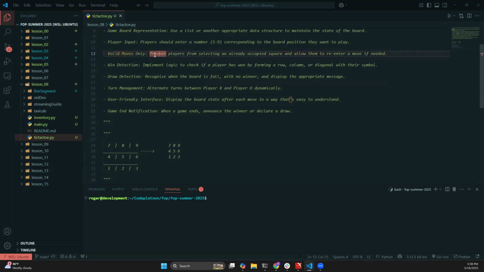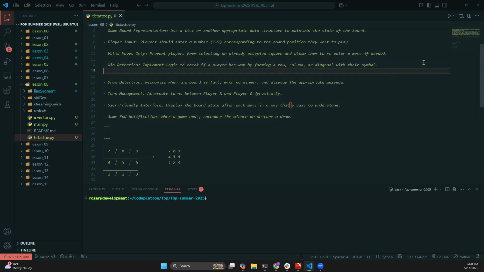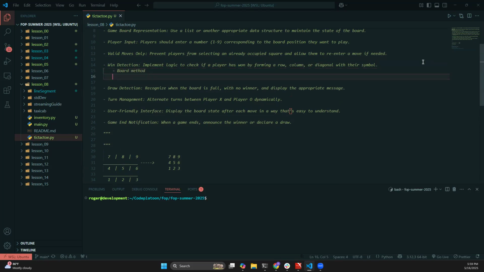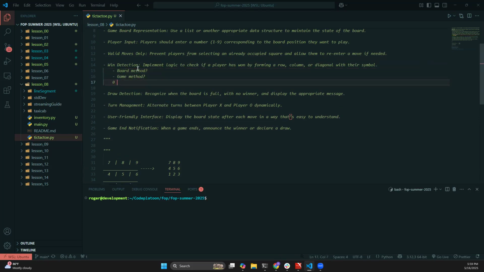Valid moves only. We should not allow a player to make a selection for a board square if there's already a move in there that was made. Right? We're going to want to create some kind of win detection. The win detection, who's going to have this? It could probably be a board method or a game method. I'm going to put question marks here because I'll leave it up to you to decide who you want to do this. Or you can create a completely different class, like